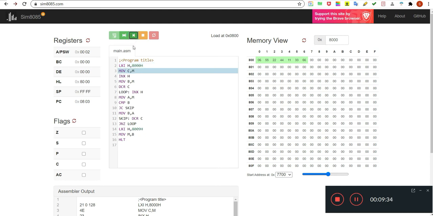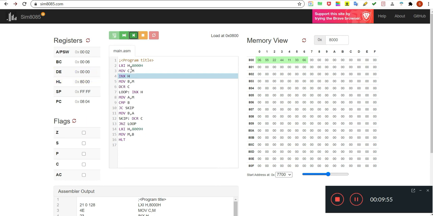What happened? On the HL pair, the 8000 location is loaded. Next instruction is MOV C, M.